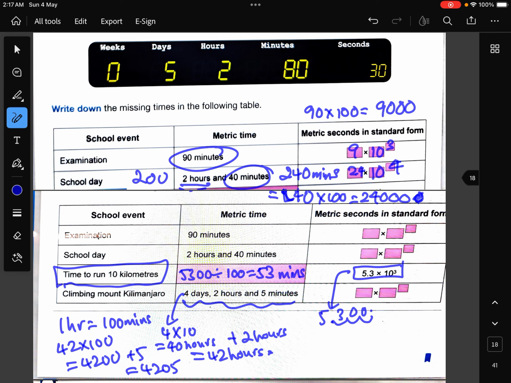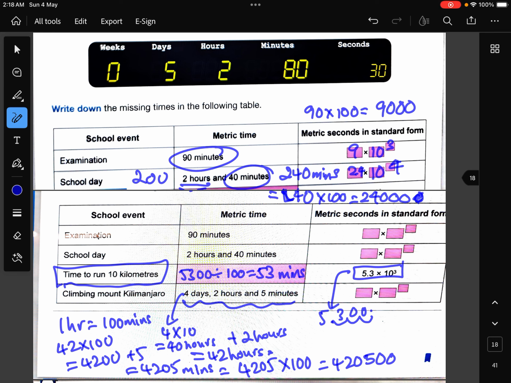Now, and not forgetting, we have to convert this into seconds. So 1 minute is basically the same thing as 100 seconds. So 4,205 minutes would be the same thing as multiplying this by 100. So that should give me 420,500